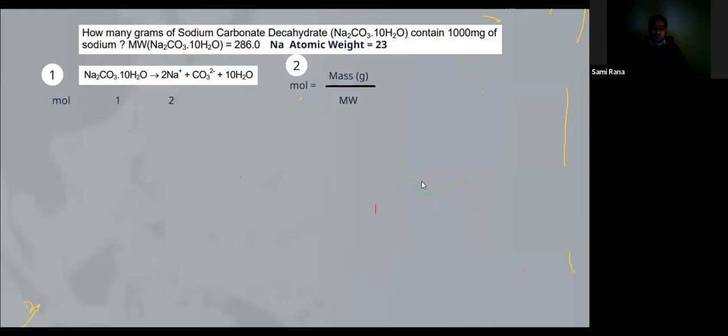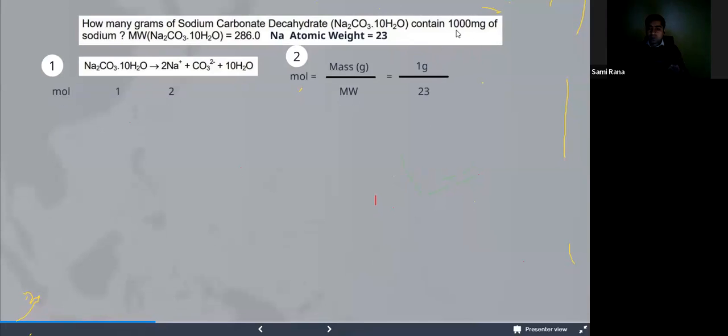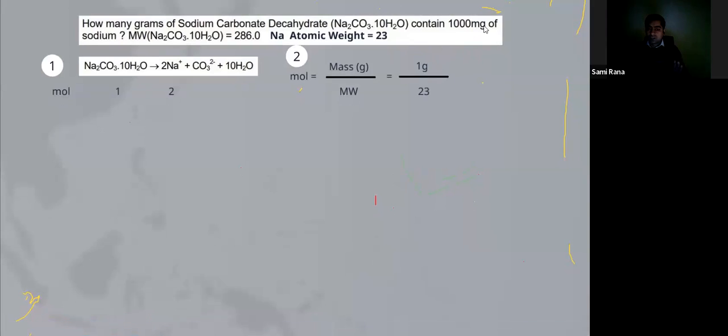Okay, there was a little pause, but now we are good to go. The second thing we are doing here is to convert this 1000 milligram of sodium into moles. We have decided that we will go with grams, so we have converted this 1000 milligram into 1 gram. So we are about to find out how many moles 1 gram of sodium is going to convert into, with the formula mass by molecular weight. Put the values: 1 gram and its atomic weight, because